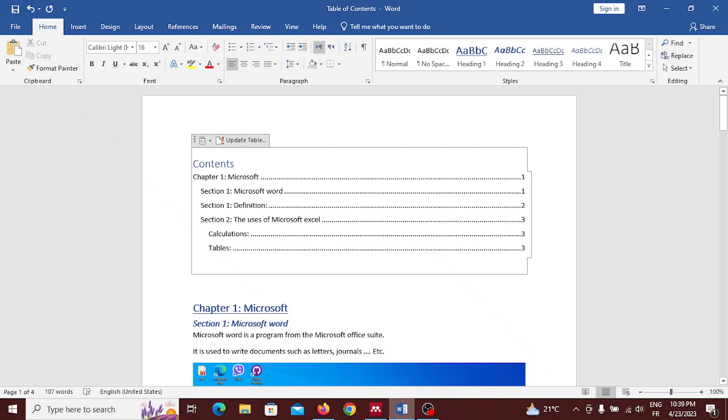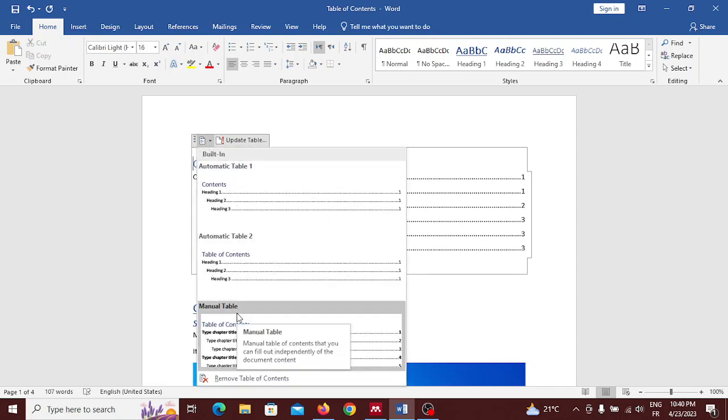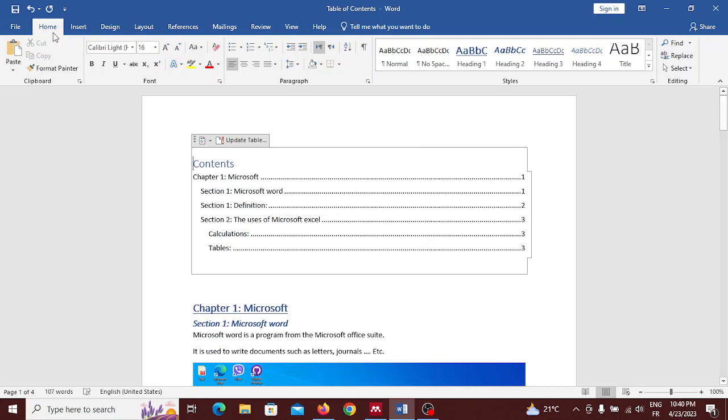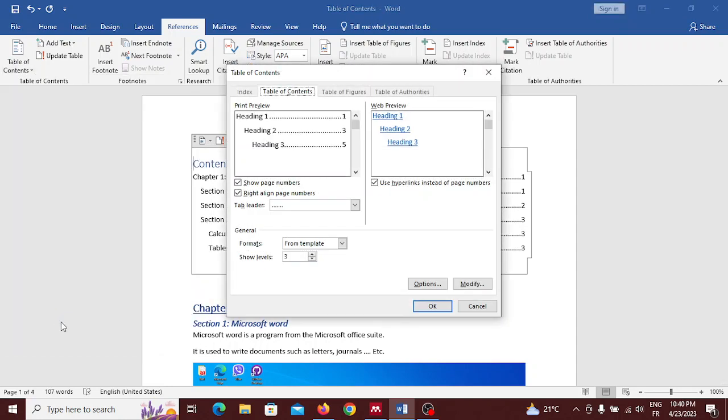Okay, so now we're going to continue with the table of contents. As we have seen, we have multiple choices for table of contents: automatic table 1, automatic table 2, manual table, and so on. I advise you to use automatic tables unless you need a specific form, then I advise you to use the customization tool, custom table of contents, and then